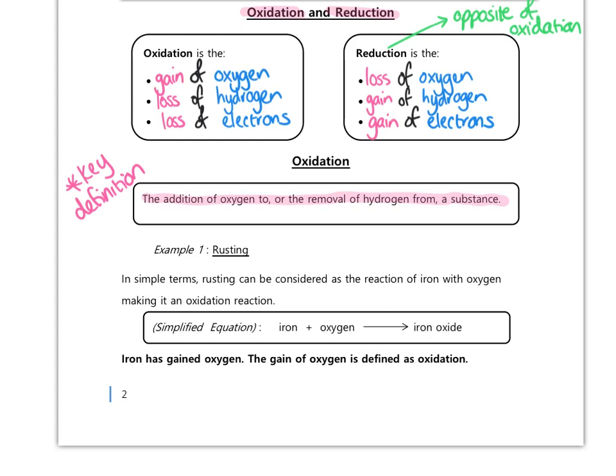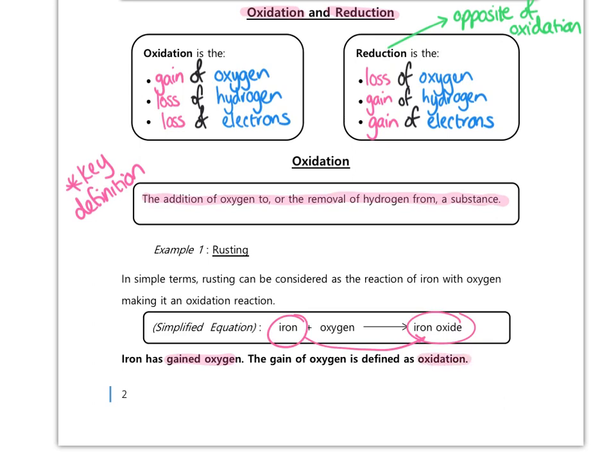But if we simplify it down, when something rusts, iron is reacting with oxygen to produce iron oxide. So iron has become iron oxide. So if we look just at what's happened to the iron, it has gained oxygen, and the gain of oxygen is